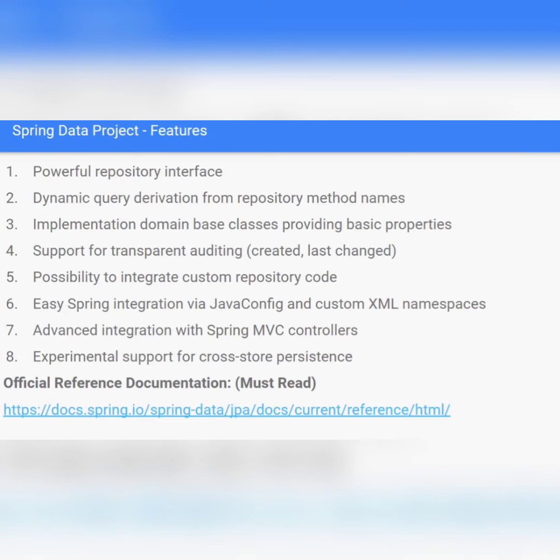And the best thing is it can be easily integrated with your Spring MVC project, and the Spring Data module can work with cross persistence. Suppose you can use Oracle, you can use JPA with Hibernate, you can use TopLink, like this. So I have seen this is one of the great projects.